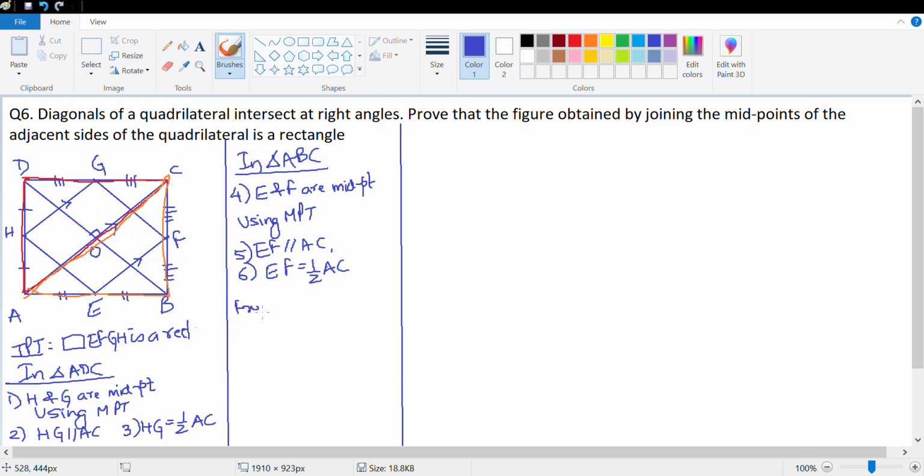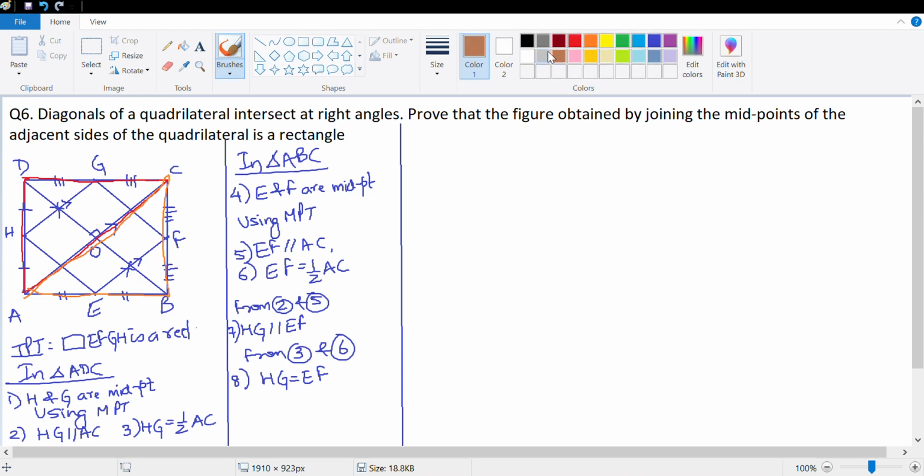So from 2 and 5, I get HG is parallel to EF. This is my point number 7, and from 3 and 6, I get number 8, which is HG is equal to EF. So one pair of opposite sides is parallel and equal,